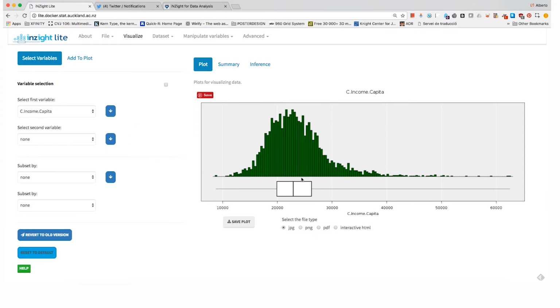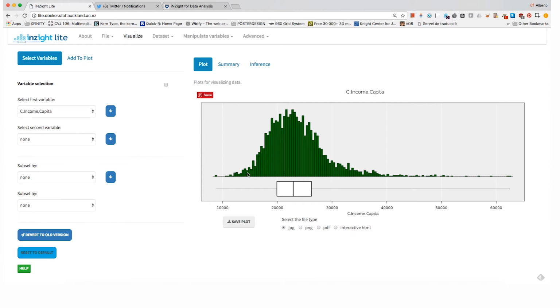Now, the histogram is similar to the plot that we had before. The only thing that you need to remember is that, again, the x-axis is the income per capita per county, the average income per capita per county. And then the height of the bars represents the number of counties. So this means that if you go to the 20,000 number, this bar up here represents the number of counties that have an average income of $20,000 a year. This bar here represents the number of counties that have an average income per capita of $50,000 a year. So obviously there are fewer counties here than here.